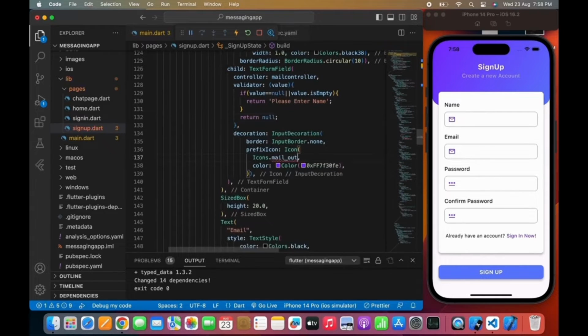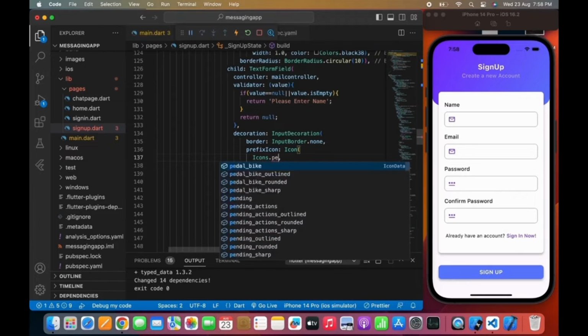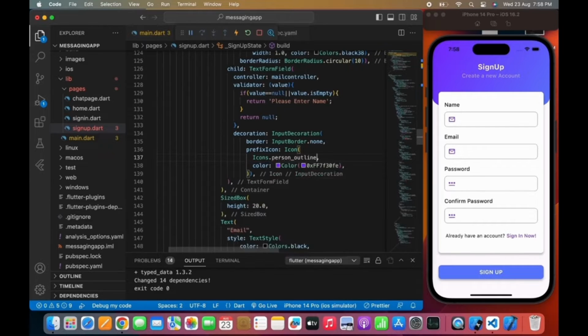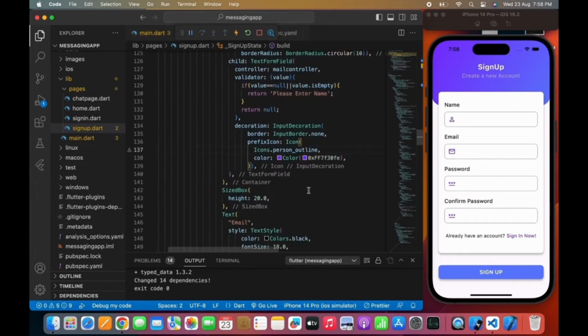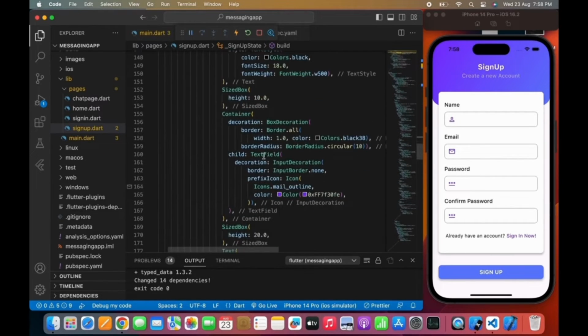Let me also change the icon of name here because it shows exactly what we have used in the email section. So I'm writing Icons.person_outline. As you can see, the person icon has come here. Now I'll write TextFormField